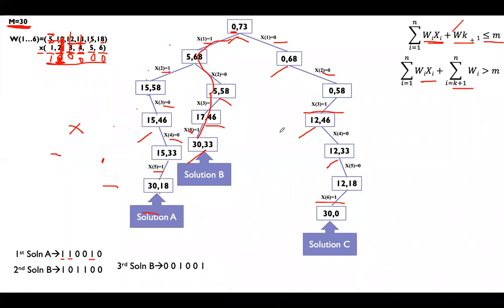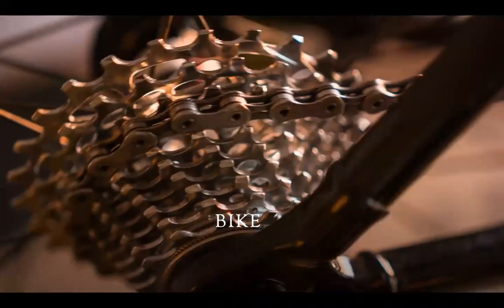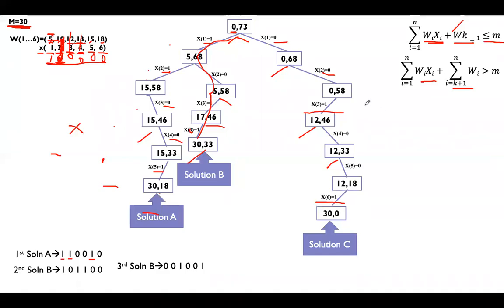This subset total is also 30. 12 plus 18. Subset total is 30. We have selected only 2 elements this time, that is the third element and the sixth element. This is the sum of subset problem using backtracking. There is no particular algorithm for this. Only the concept is there. It might be asked in the exam.